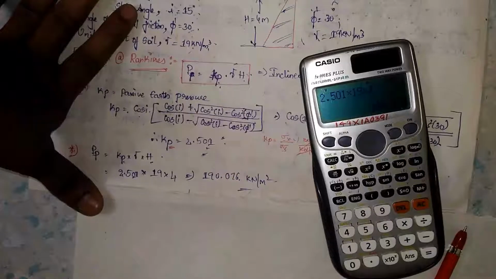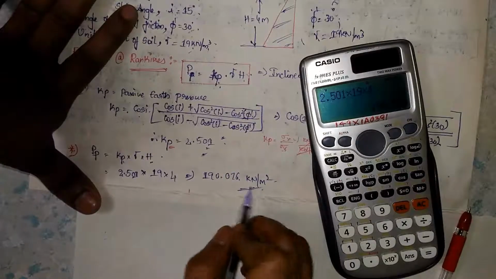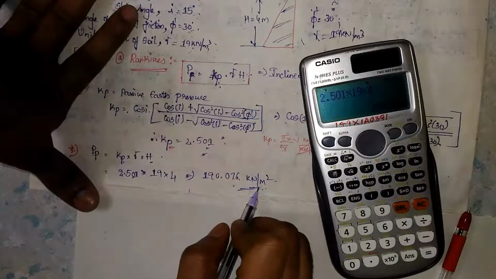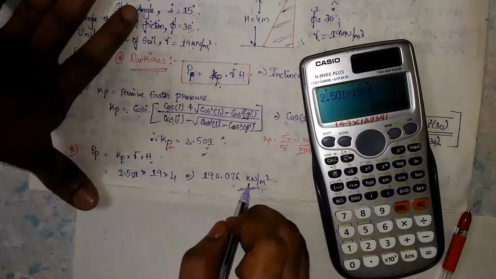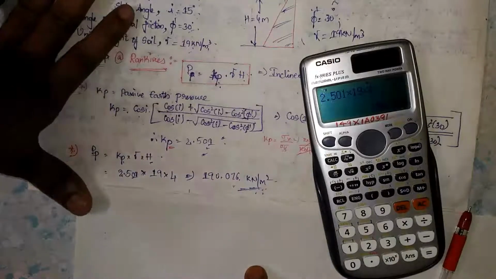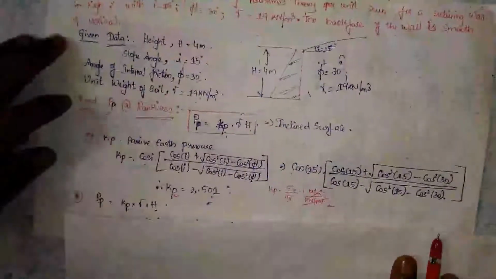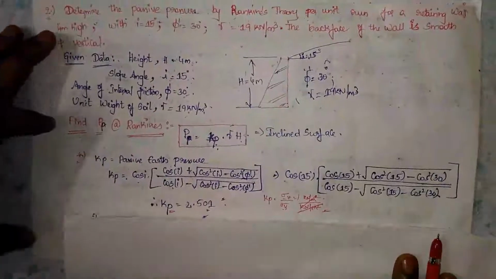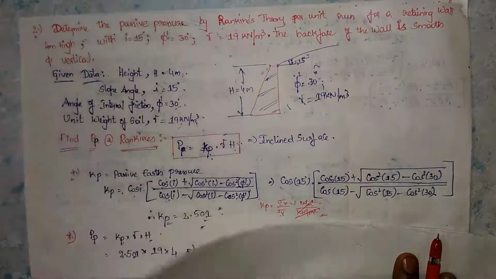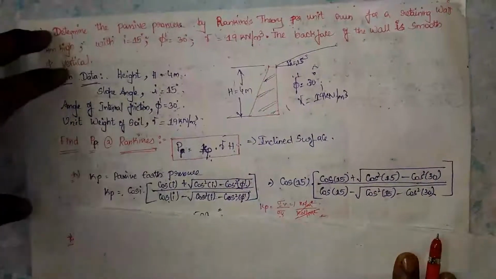So remember, while you are doing the problems, the unit is most important. If you do not mention the unit, the 1 mark will be cancelled. So units are more important. Okay, right. Next we will move to the third question. I hope that you understood this second question. If you have understood these first two questions, you can solve further problems with different conditions easily.